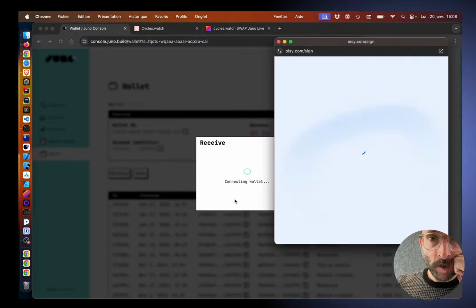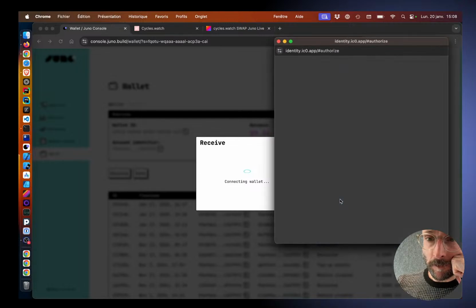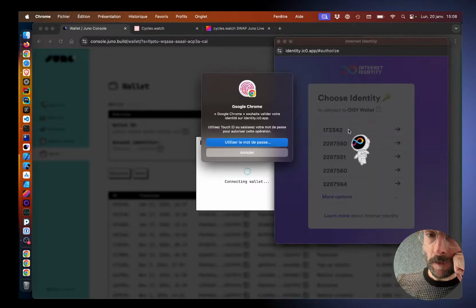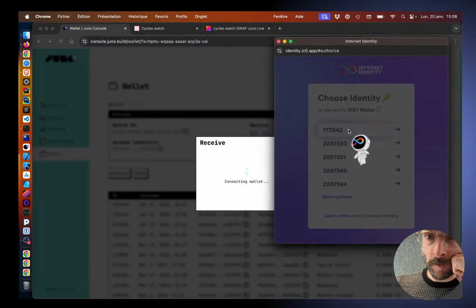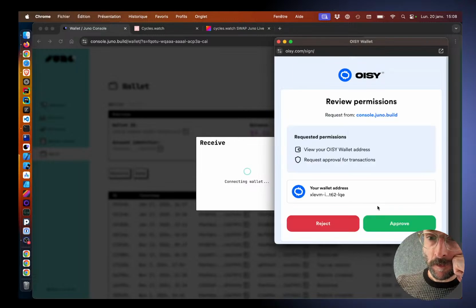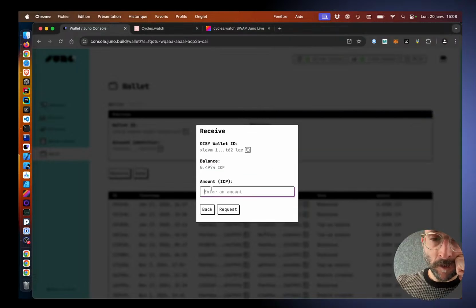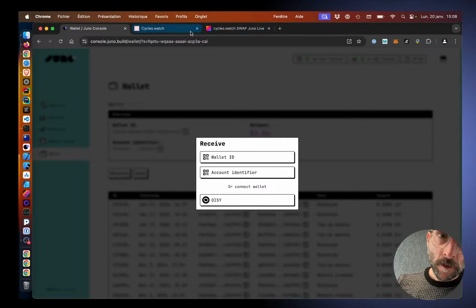I go here and I open the modal of the wallet, and then it's going to get connected, right? And here I can enter the amount, but instead of just transferring, what we want to do is say